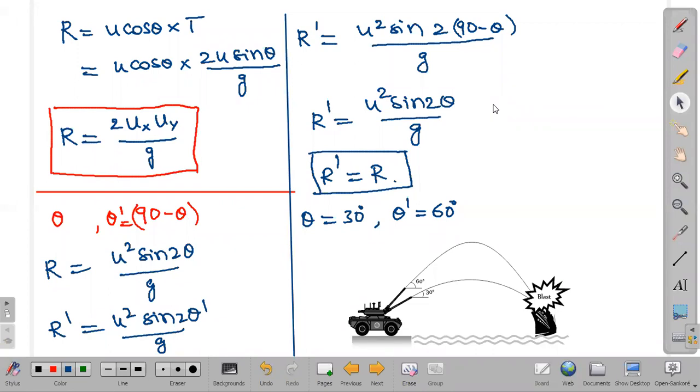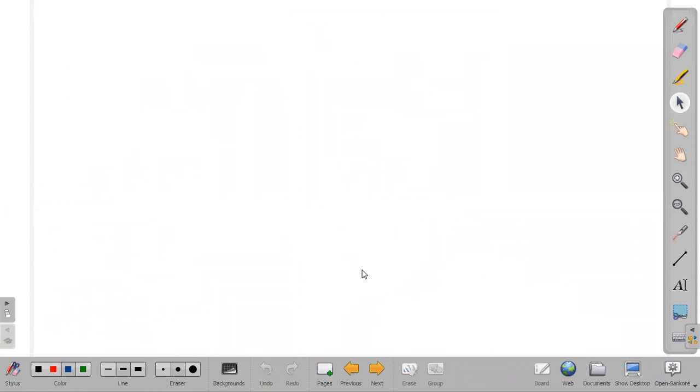And one more important thing for horizontal range: when this horizontal range is maximum, that means at what angle we have to throw the object to get the maximum distance. When I am throwing it from somewhere on the ground, how much maximum distance will it travel, and for which angle is the horizontal range maximum? I have to find it out. This is also one more important concept here, so we'll try to find out when the horizontal range is maximum.